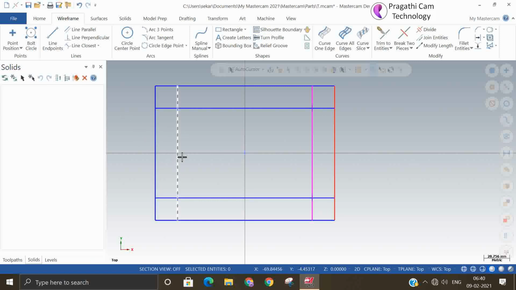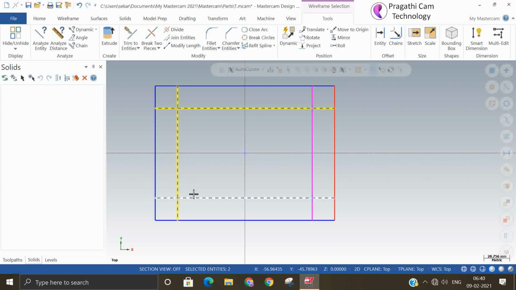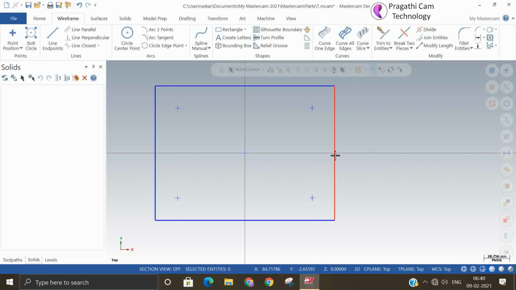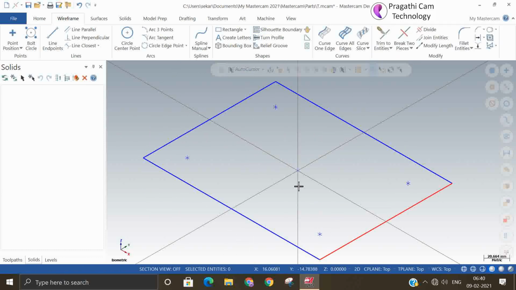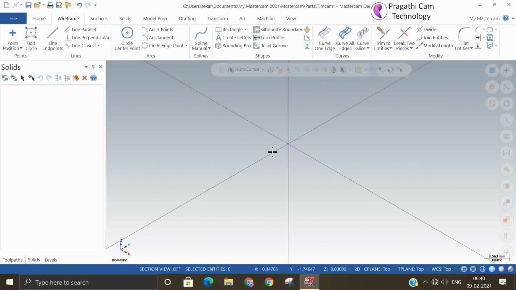So I made 5 points, all four intersection and center one point. Okay. So now I made one rectangle with 5 points.